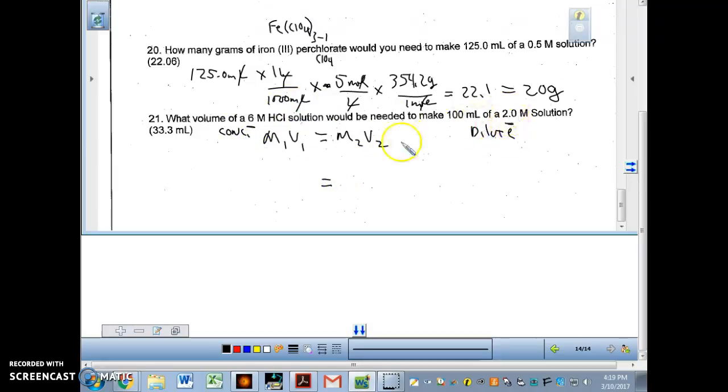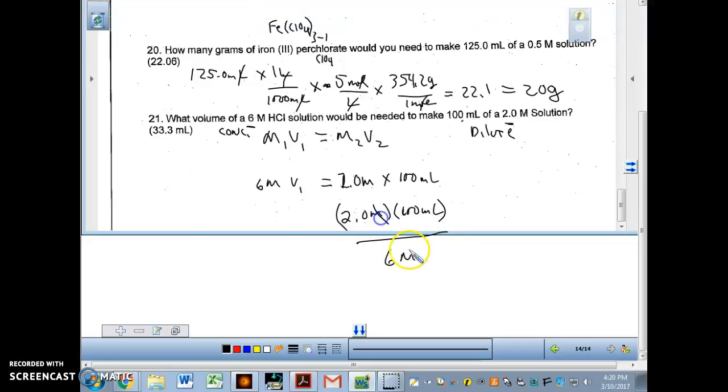So in this case, we're going to use our 2.0 molar times 100 milliliters, and we're going to assume that's 3 sig figs there, even though it's written as 1. And over here we're going to put in 6 molar, and we're going to call that V1. So 2.0 molar times 100 milliliters divided by 6 molar. This is going to cancel. A third of 100 is going to be 33.3